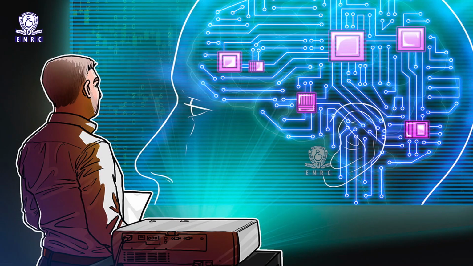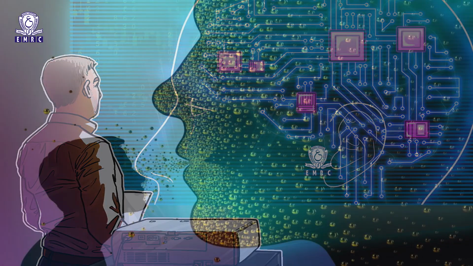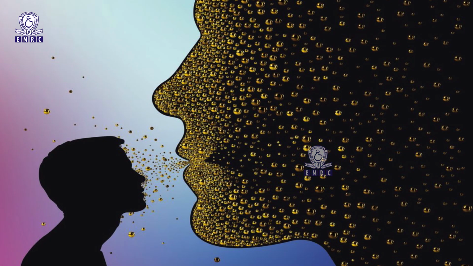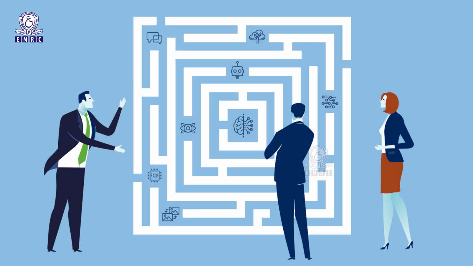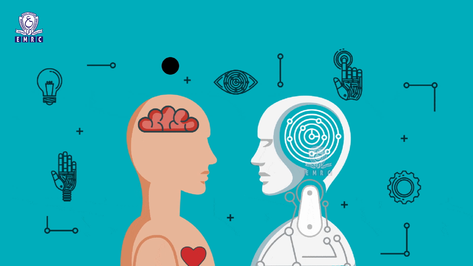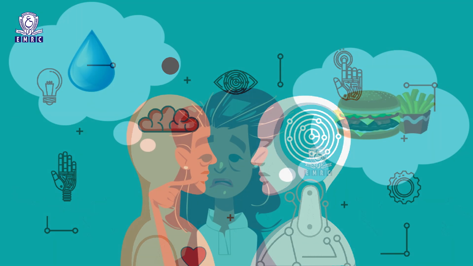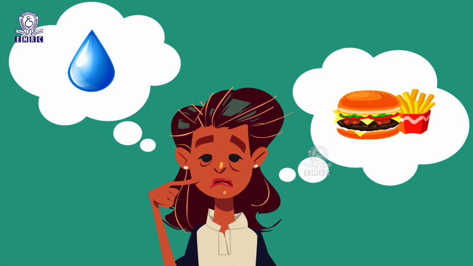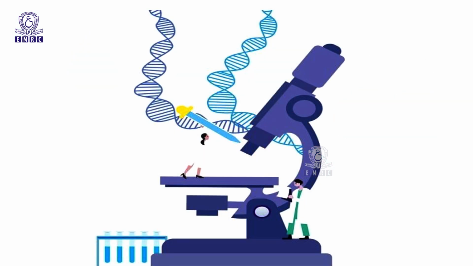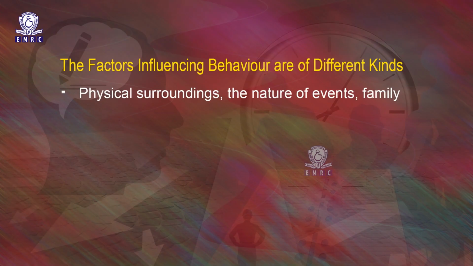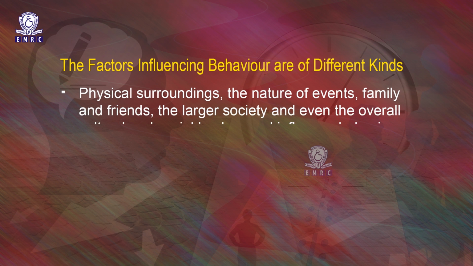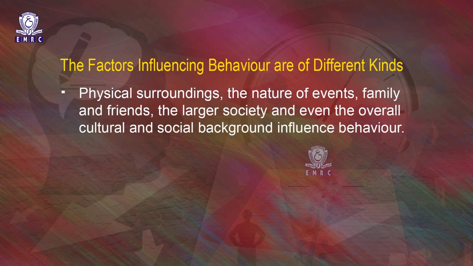Human behavior is influenced by a number of factors. These factors belong to different categories. Some of them are physiological and others are psychological. Physiological factors relate to the physical or biological needs, such as hunger, thirst, etc. Psychological factors relate to factors such as ideas, opinions, etc. Physical surroundings, the nature of events, family and friends, the large society, and even the overall culture and social background